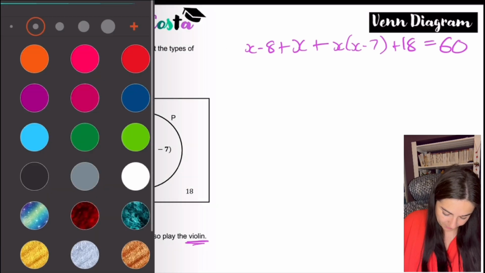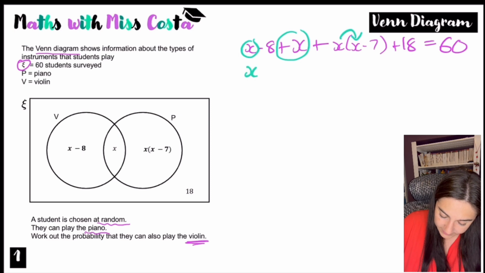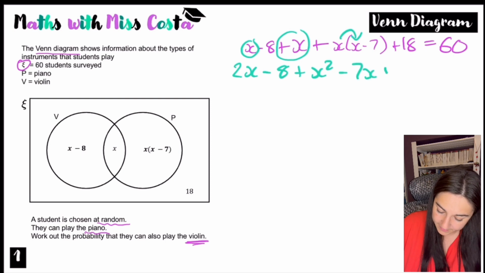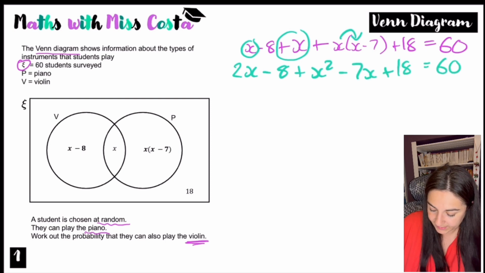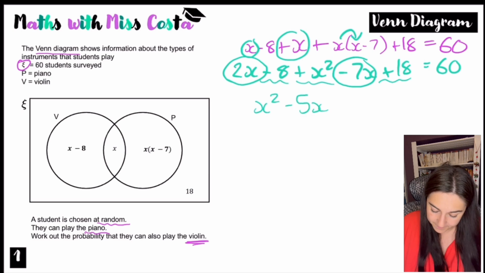So next step, I can simplify it. So I've got x plus x, which gives me 2x. Let's expand this first. So you've got x, 2x take 8, plus x squared take 7x, plus 18 equals 60. Okay, let's simplify it even further. 2x take 7x gives you minus 5x. So let's start with the x squared. x squared minus 5x minus 8 plus 18